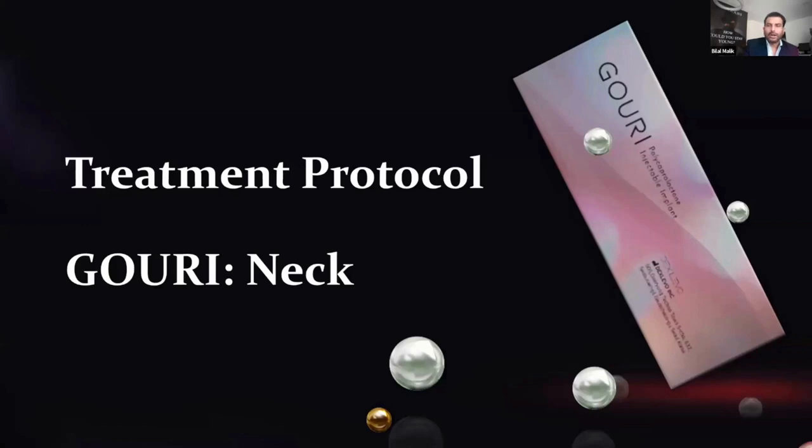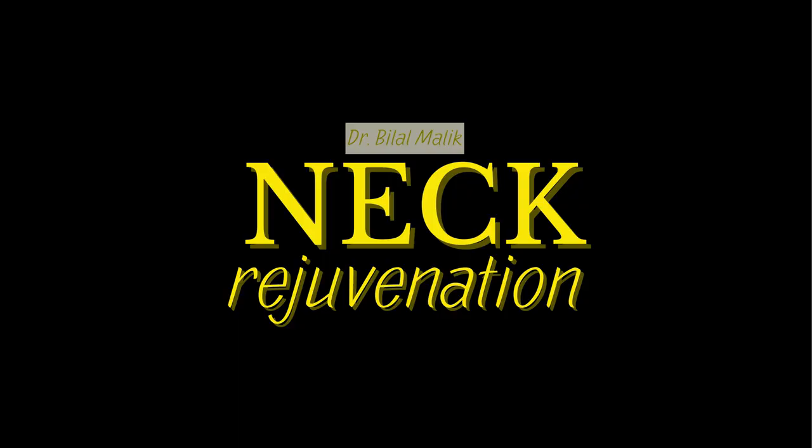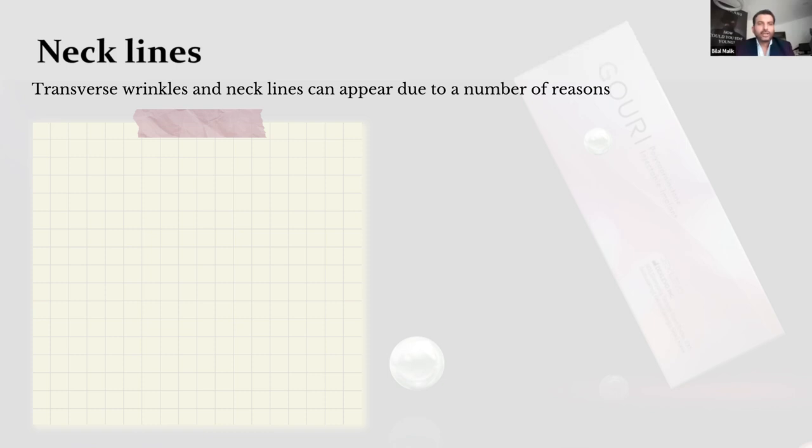And we're going to talk about how to treat the neckline. So transverse wrinkles and necklines can appear due to a number of reasons: aging, loss of collagen and elastin again, sun